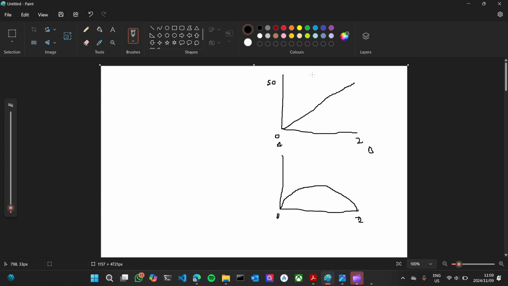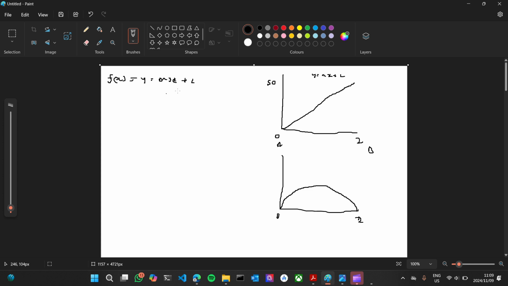And we know from the last video that this linear function can be represented by using the standard linear equation, y equals mx plus c. So if we call this function f of x, which is equal to y, which is equal to mx plus c,